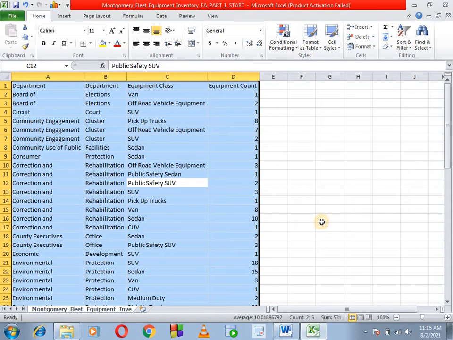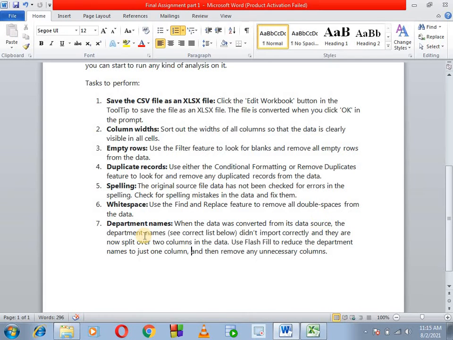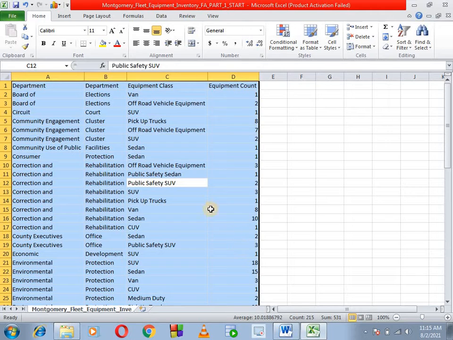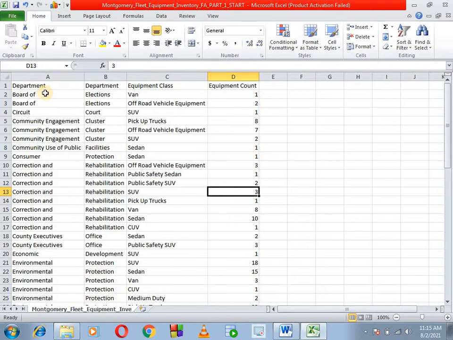Close it. And the last one is department names. When the data set was imported, it was not properly imported. Look, the department name has split into 2 columns, so you have to merge it into a single column. To do this, I will take a helper column, and I will describe why later.